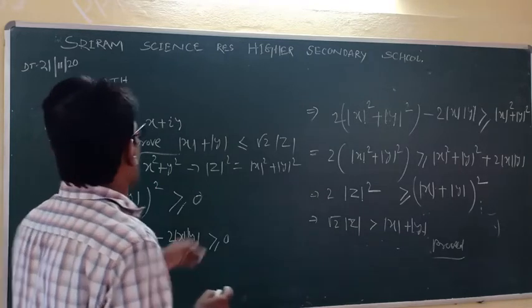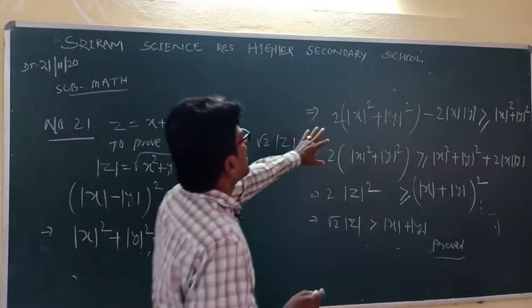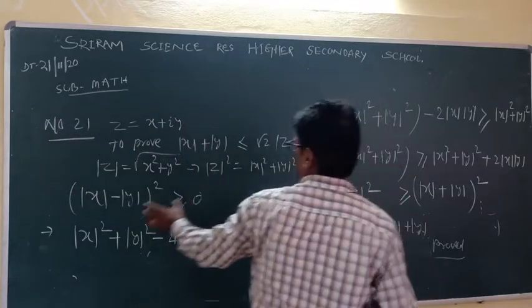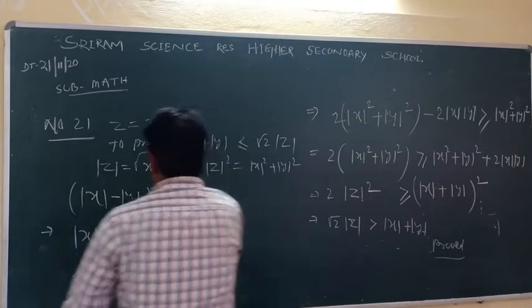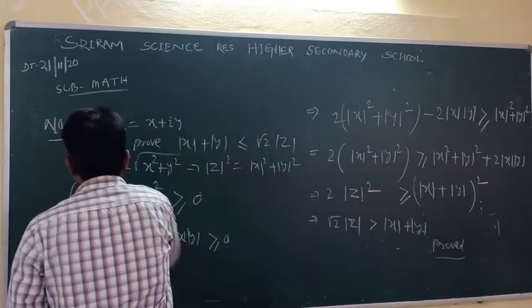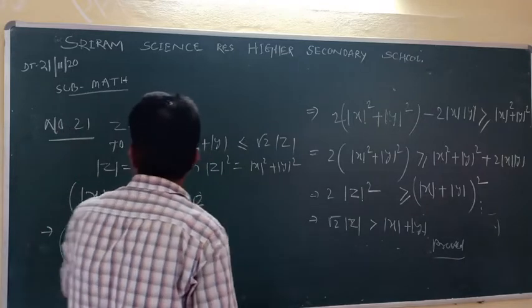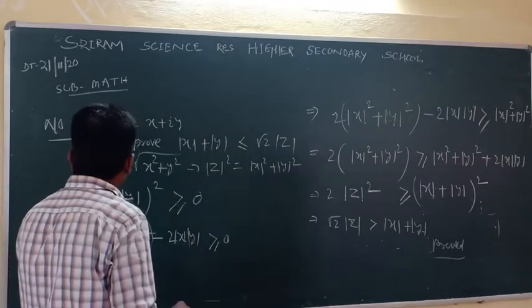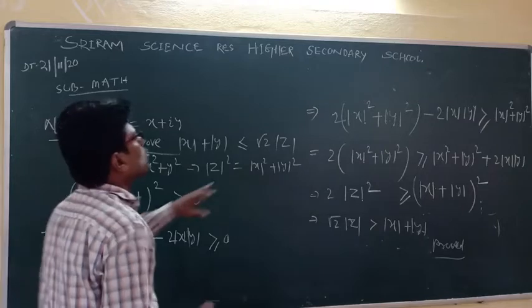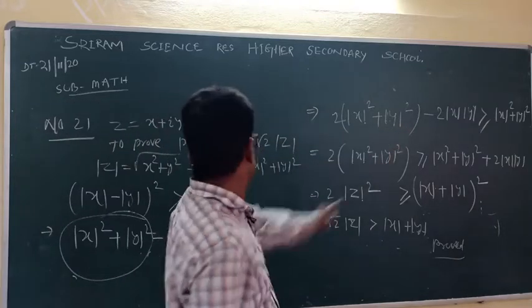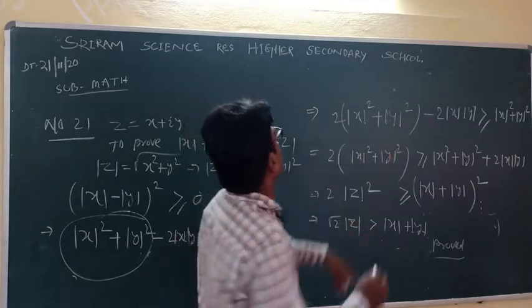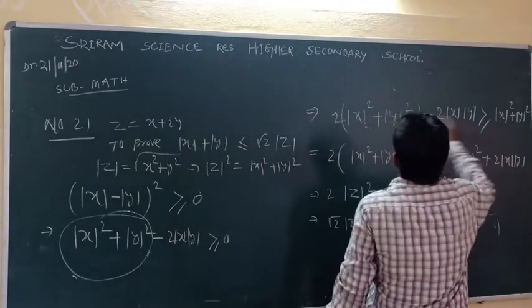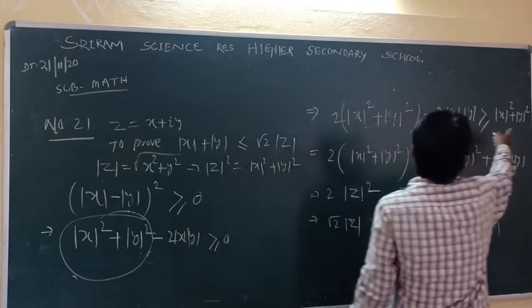So now you have added, in this particular step, you look. Here is mod x square, mod y square. We added these terms in both sides, in the left side and the right side. We added mod x square plus mod y square plus mod x square plus mod y square, that becomes 2 mod x square plus mod y square is equal to 0 plus mod x square plus mod y square, which is equal to mod x square plus mod y square. That particular term is added in both sides. It becomes 2 and it becomes a single one.